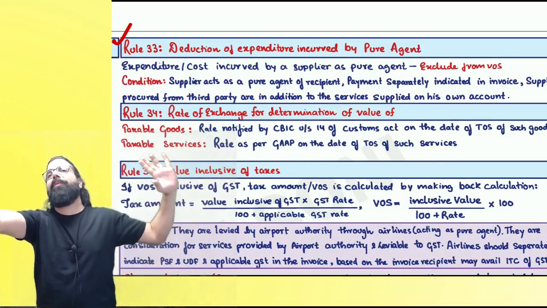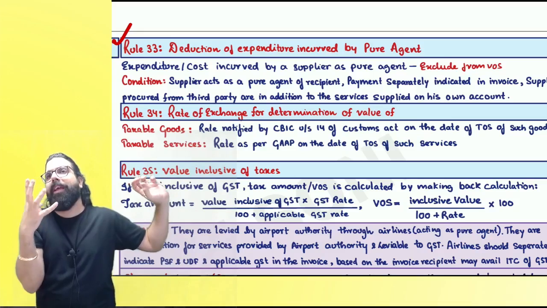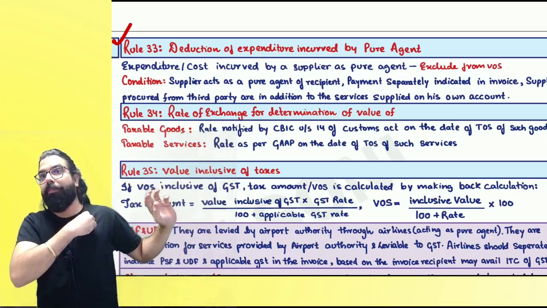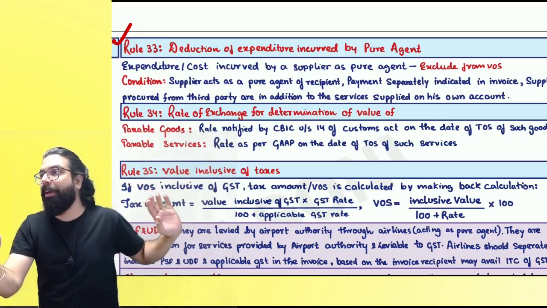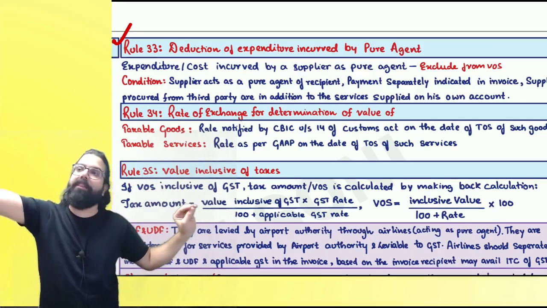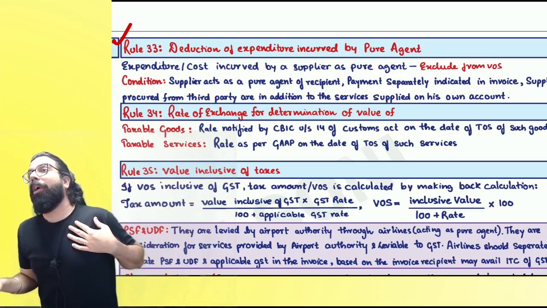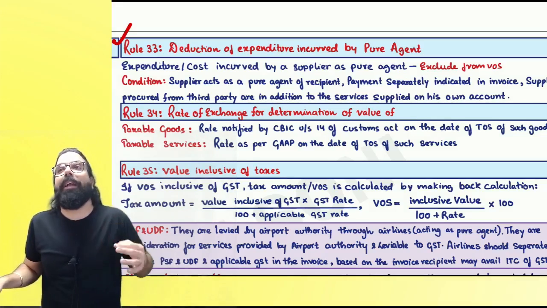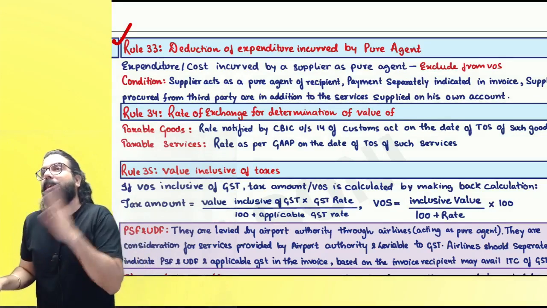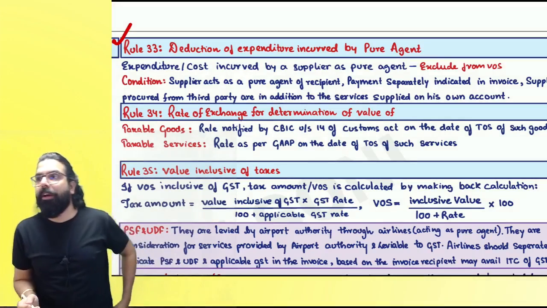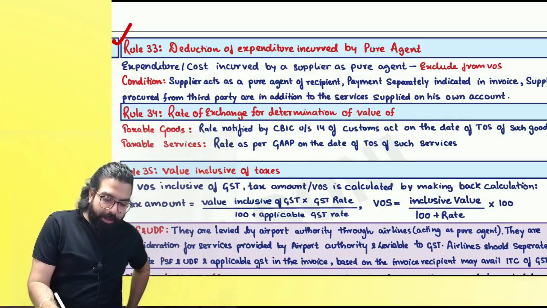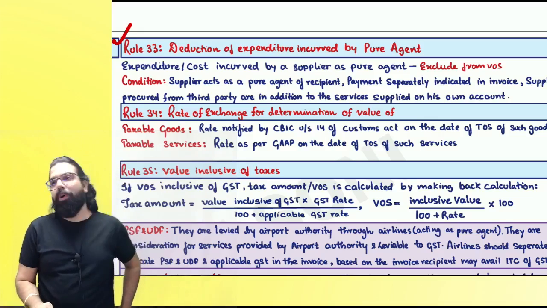Additionally, if for the convenience of the client I'm taking anything, and my heart is pure, I'm not making any money out of that. Whatever expense I'm taking from the client, then sir, my heart is pure, and the concept of pure agent comes, that will not be included in my value of supply. Are we all 100% clear? There's a question in your Q&A material. You must do that question.